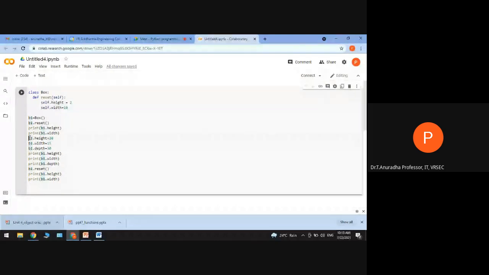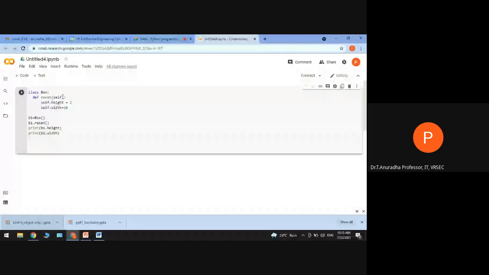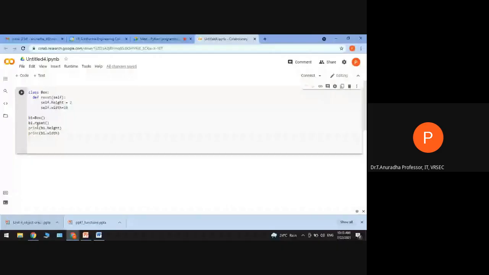Let's see the differences. I'll remove this code. Because in the reset method we have two variables, height and width, when I call b1.reset, automatically my object will have two variables, height and width. So I can print those values with the print statement, b1.height and b1.width. Now we'll run and see what our output is.